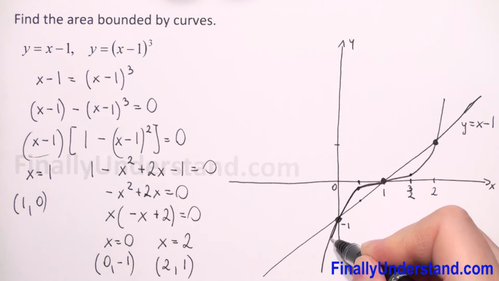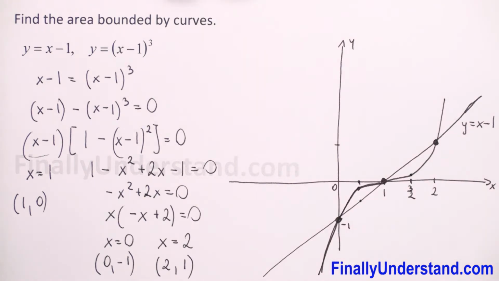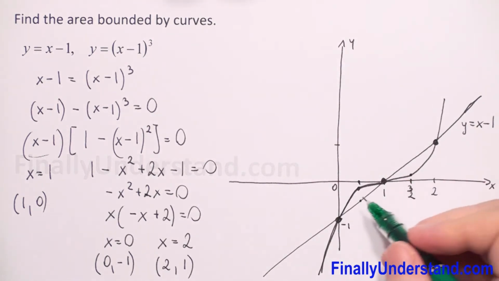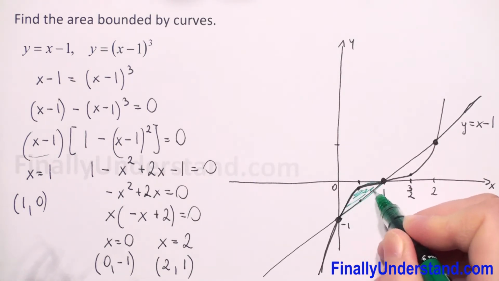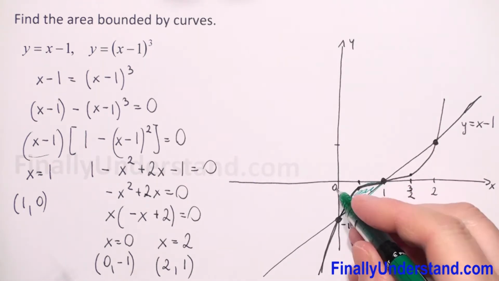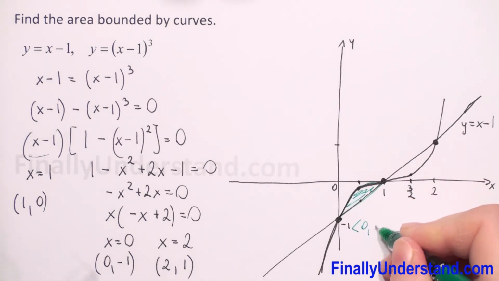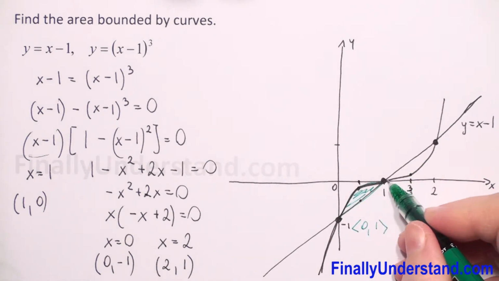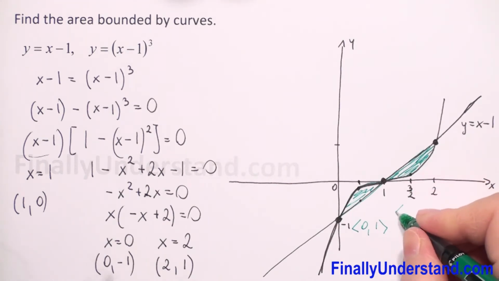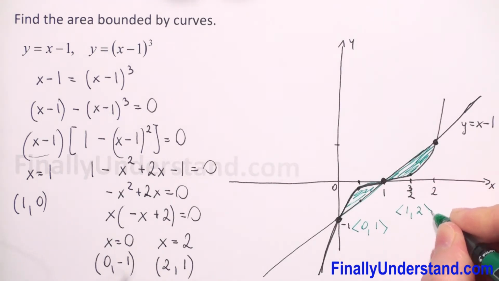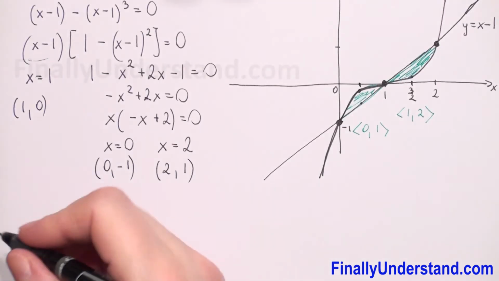Now we have to find the area. We see that we have two parts. This is our first, with the interval from 0 to 1. And the second area is from 1 to 2. So the area